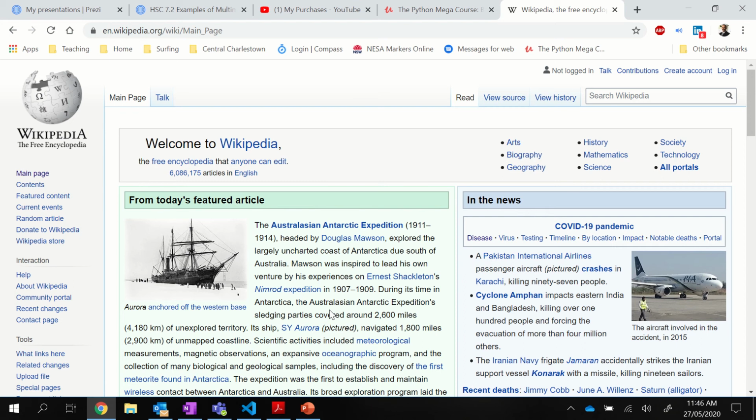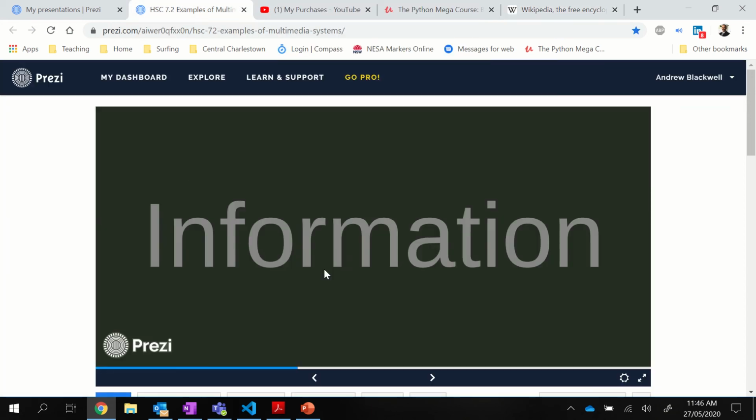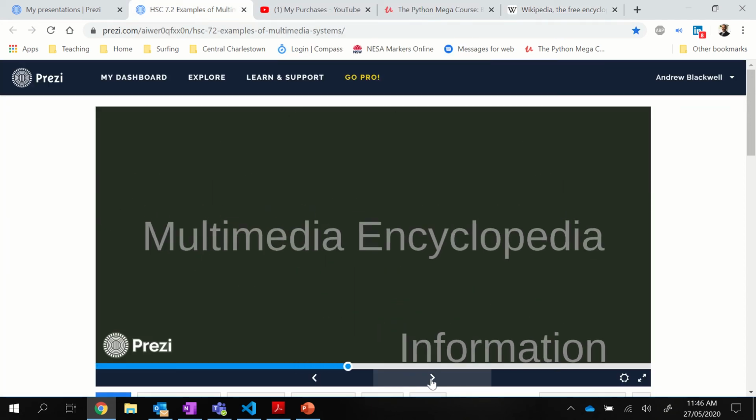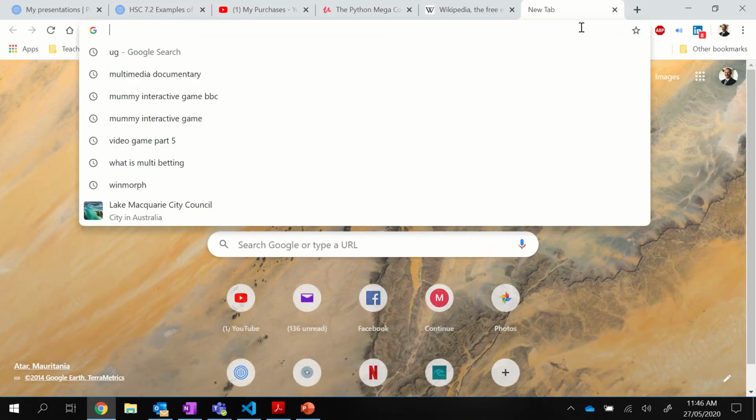It's a multimedia product. All right. Now in the textbook, there's some interesting things that it talks about. It talks about multimedia encyclopedia. Now, you have probably never seen the